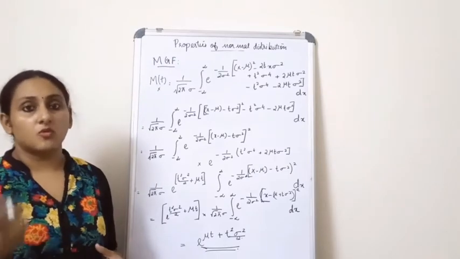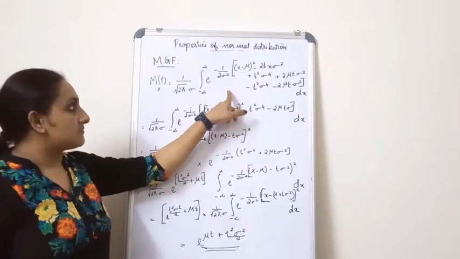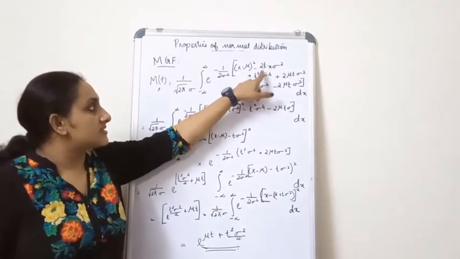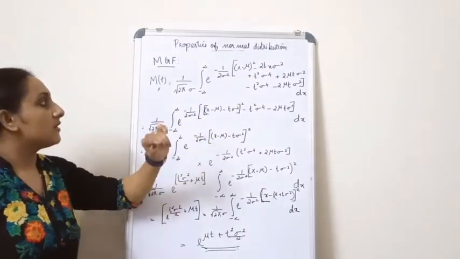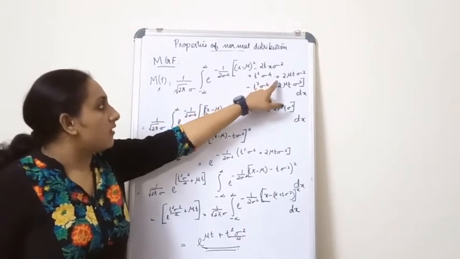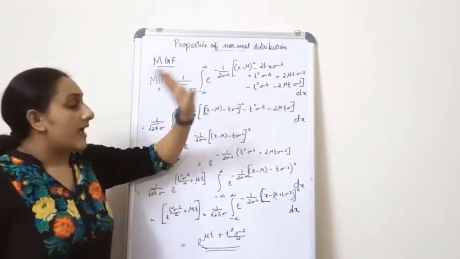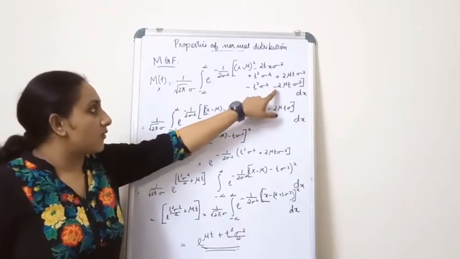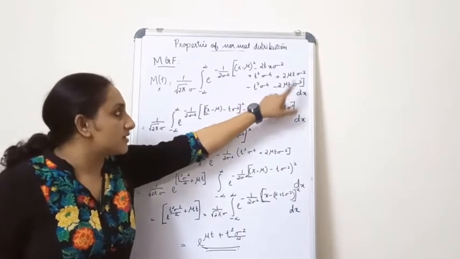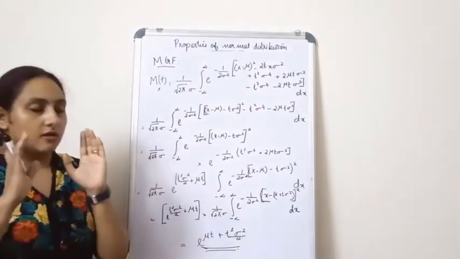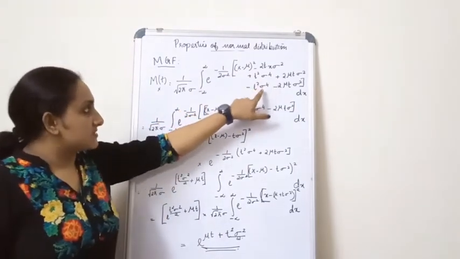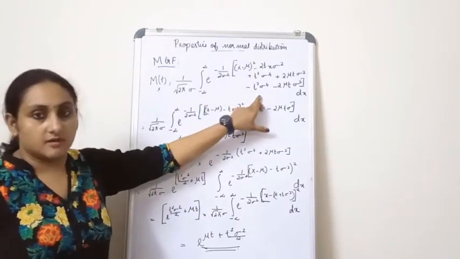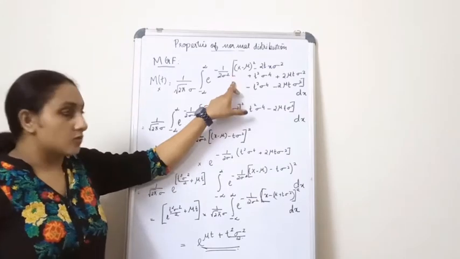So as I said before, to this M(t), e raised to this term, that is (x minus mu) the whole square minus 2tx sigma square, we are going to add t square sigma raised to 4 plus 2 mu t sigma square, and we are going to subtract minus t square sigma raised to 4 and the same term itself, minus 2 mu t sigma square, dx. Now you should note that all these terms are in the power of e. Okay, that should be noted.